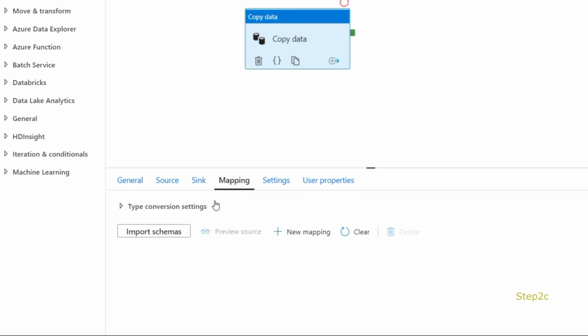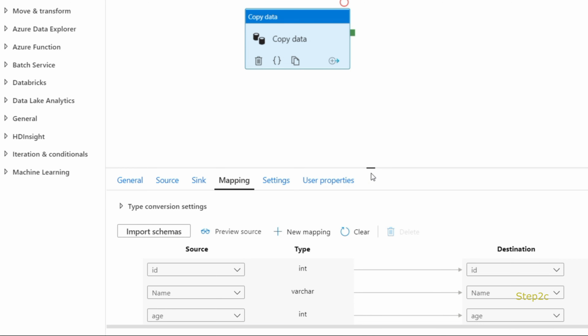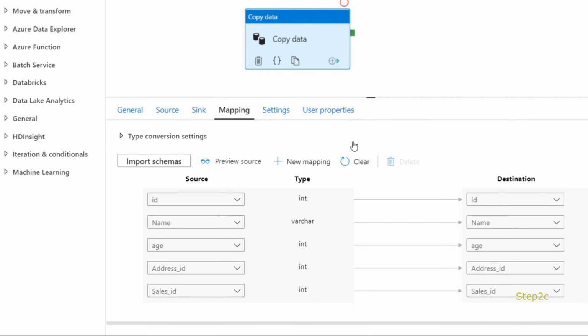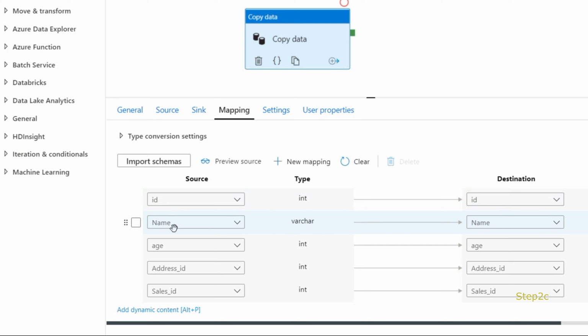Inside mapping, if you click on import, you could see how the data is going to be saved. Inside our source data we have ID, name, age, address ID and sales ID.